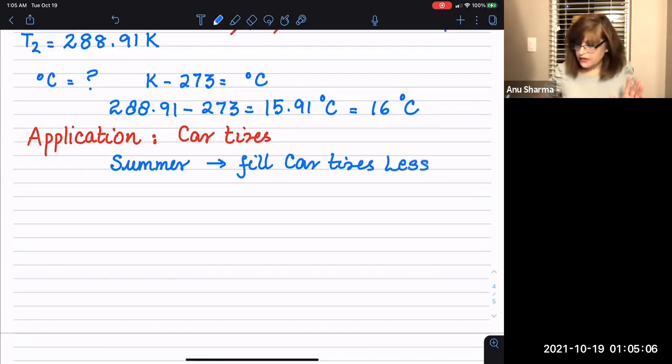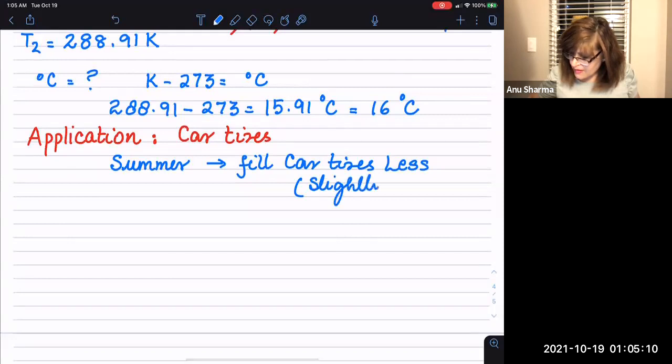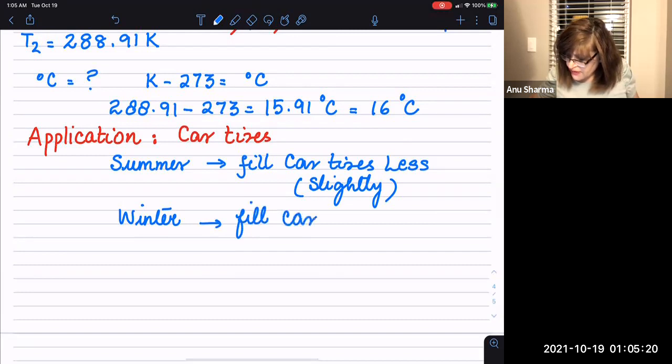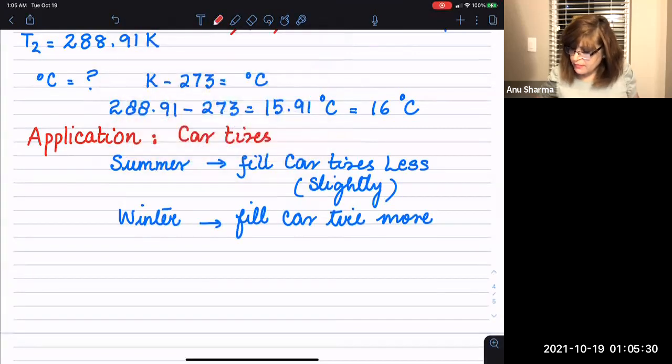Slightly, a little bit, slightly less. But if it's in winters, then you fill the car tires a little bit more. And again, it's all slightly. So this slightly applies to both. So it's just a little bit. Why? Because